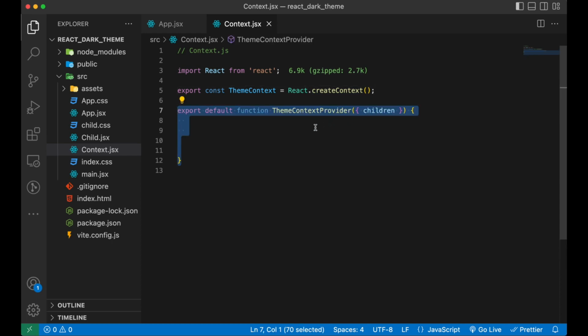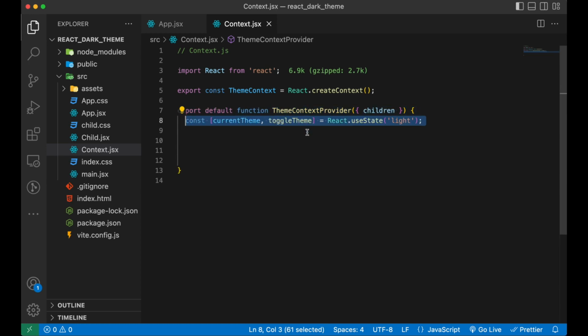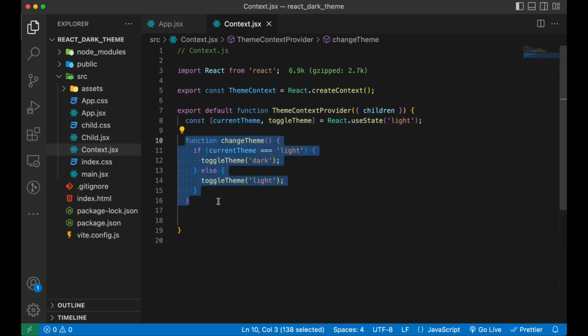And now we will be creating a provider for that context, and inside that provider we need to create the theme as a state, and also we need to create a function which will update the theme. So you can see inside the provider we have created a theme, and we have implemented a change theme that will basically toggle the theme. It will just reverse the theme. So if it is light it will move it to dark, or if it is dark then it will move